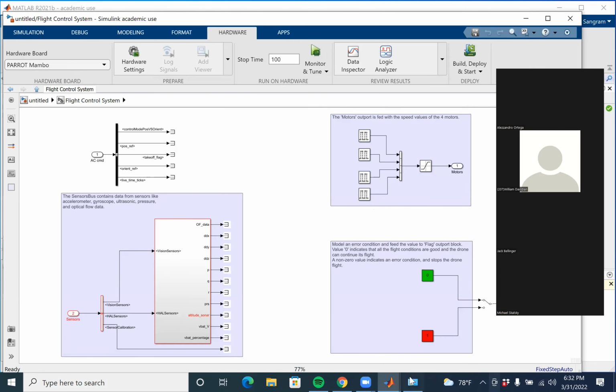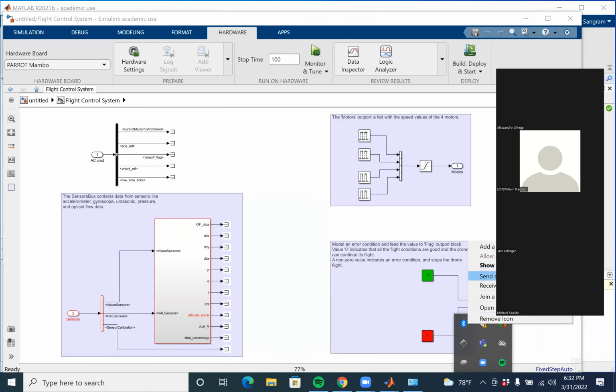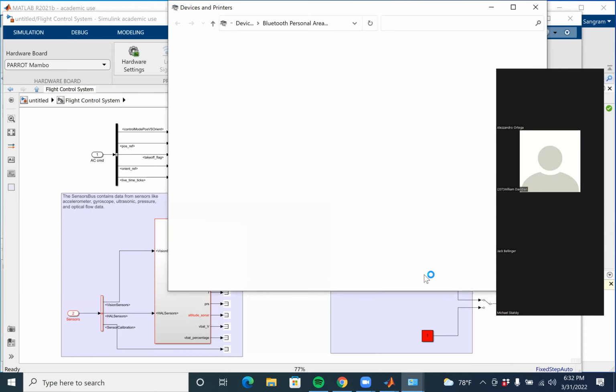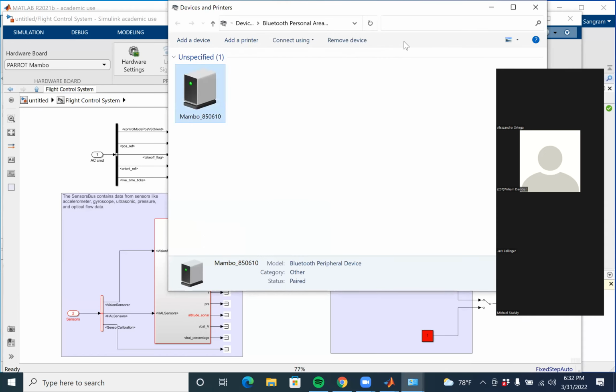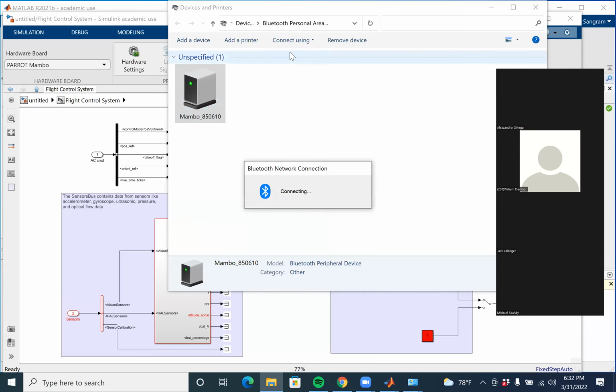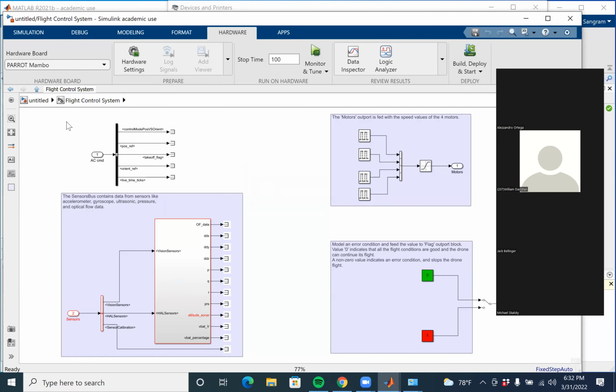You have to go to Bluetooth, personal area network, connect using access points. And it should connect. Then what I'm going to do is, just to see how it functions, I'm going to